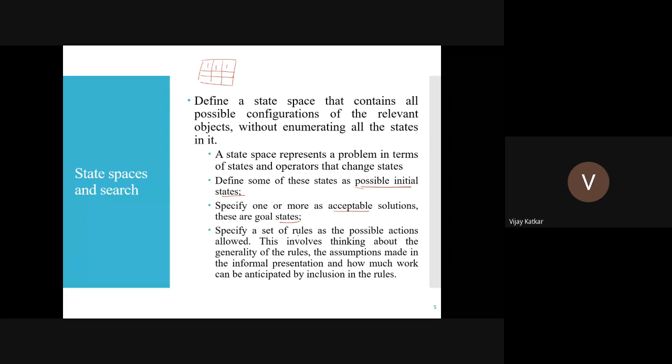And what are the rules that you have to define? The rules are used to change the state. For example, rule number 1 is you can mark only one cell at a time. Rule number 2 is if a particular cell is already marked, I cannot remark it. Rule number 3, I cannot revert. You cannot say, in the first move I'll mark this cell, in the next move I will revoke it. So these are rules that you have to specify, and using these rules states are changed.